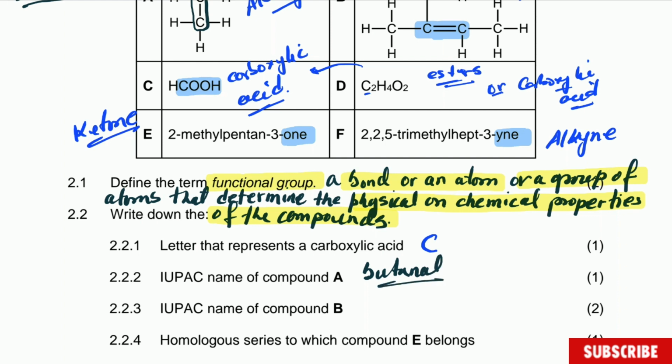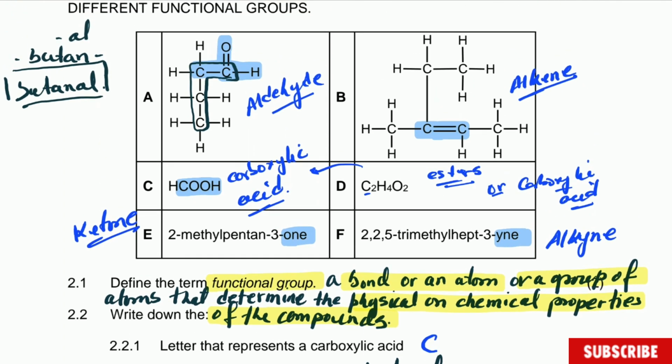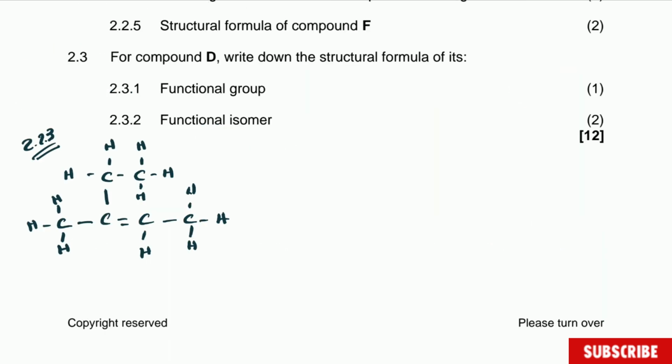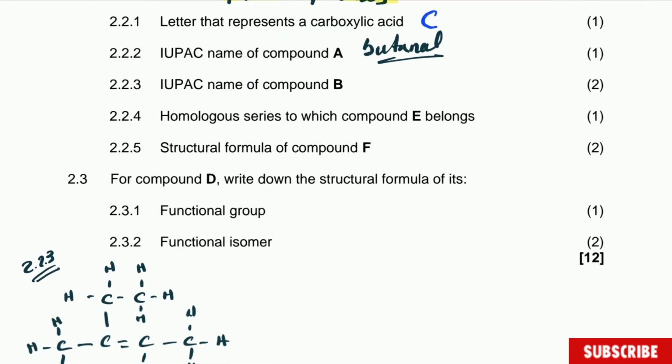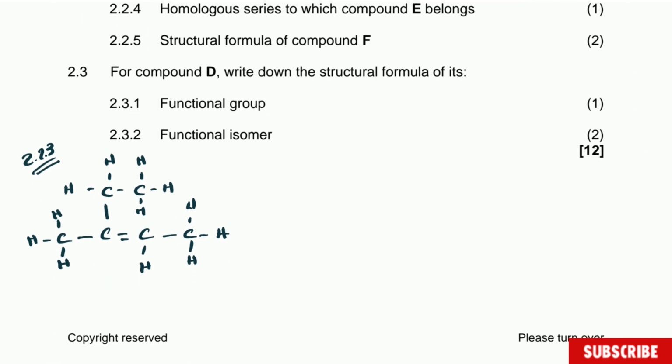Write the name of compound B. Now compound B, we are going here to this compound, and there is a little bit more tricky here. So let's go to another page. Alright, so here we have the compound, and we're going to follow the steps I like to follow. The first one is to identify, and we did already that one, guys. It is here, it is an alkene, and because it's an alkene, then it's going to be ending in